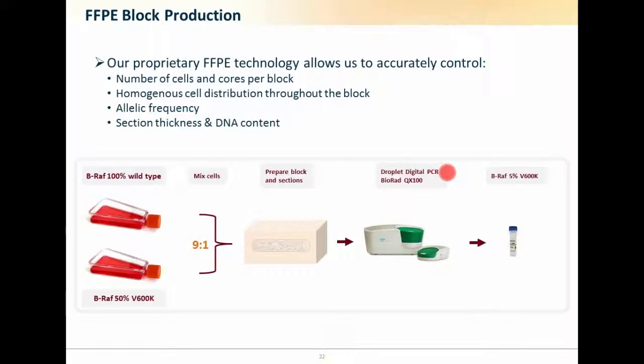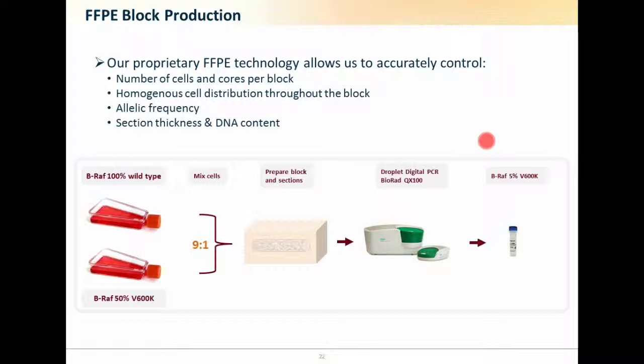So moving on to FFPE block production, we've developed a proprietary FFPE technology, and this allows us to control very accurately the number of cells and cores that we include per block. It also allows us to generate a block with homogeneous cell distribution, so that every single section that we generate has the same number of cells within it. We can change and tweak the allelic frequency, and we can then control the section thickness, and of course the